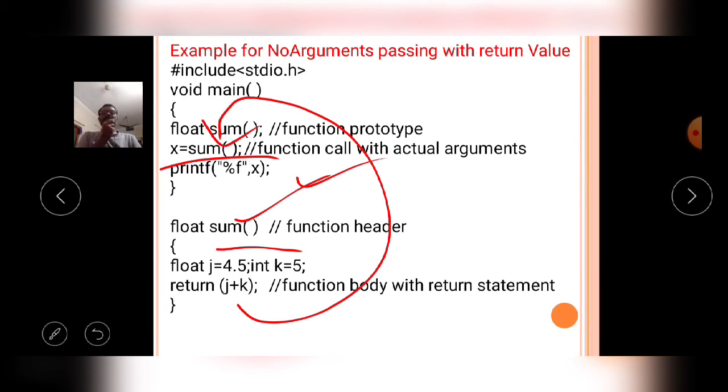Now the sum user defined function is in the form of no argument passing with return value.